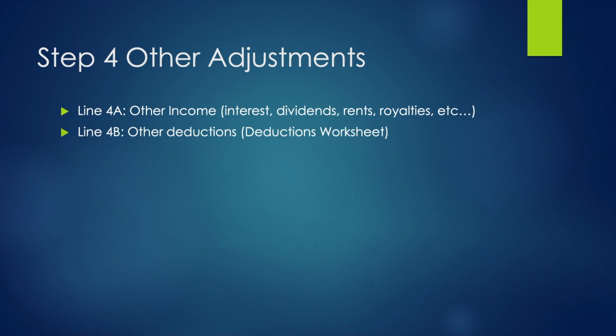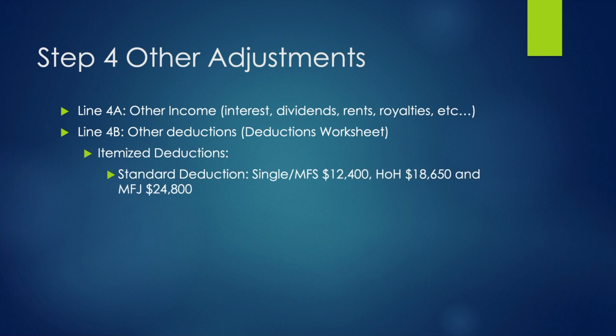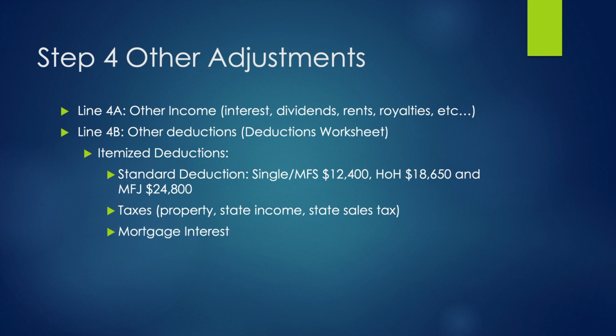Basically, we're going to go back and look at the itemized deductions and add them up and see if they're going to be enough to help us. So you need to consider your real estate taxes, your state income taxes, and your sales taxes. You need to add in your mortgage interest, charitable contributions, and then a 4th category that some of you may need is if you've had significant medical expenses in excess of 7.5% of your income,